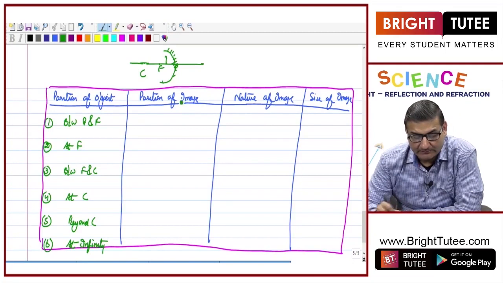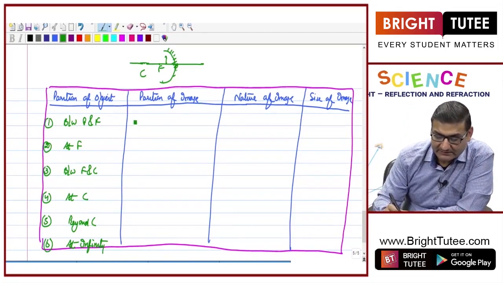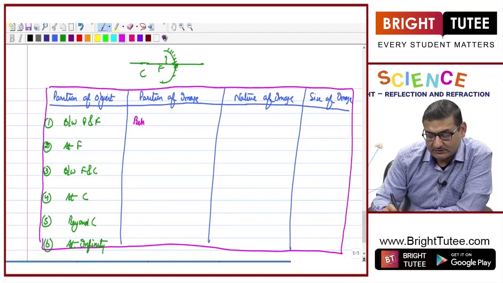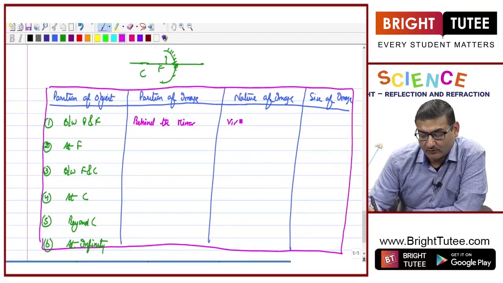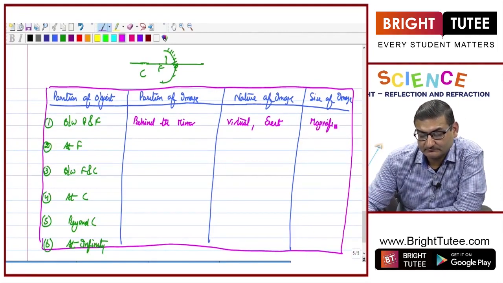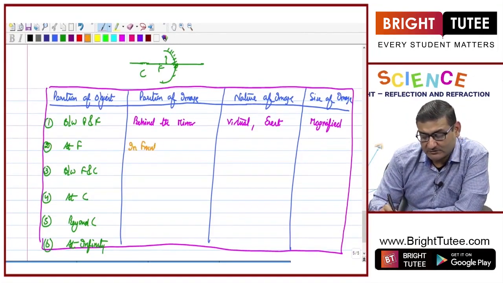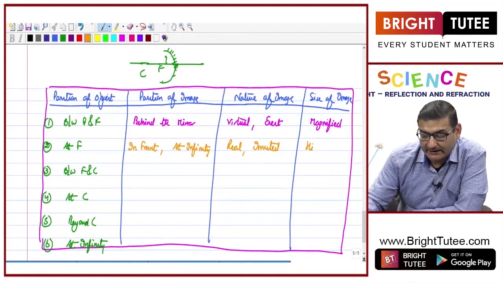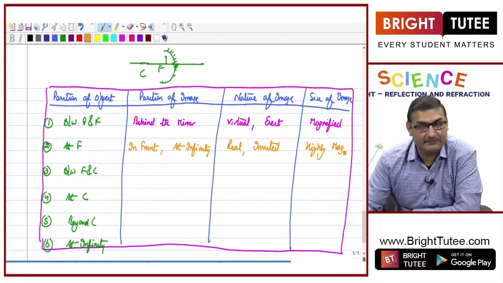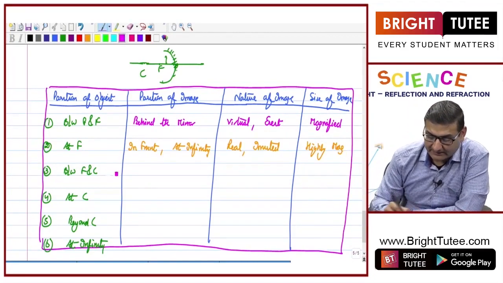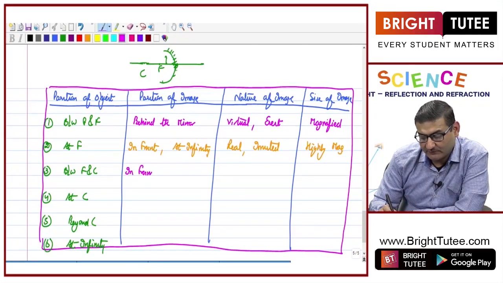Now let us recall the position of image, where all the image was getting formed. In the first case, we have seen that the image formed was behind the mirror. And what was the nature and size of image? The image formed was virtual, erect, and magnified. At the second position, we saw that the image formed was in front of the mirror and it was at infinity. The image was real and inverted, and as per the size, it was highly magnified. Next, when it was between F and C, then also the image was formed in front,